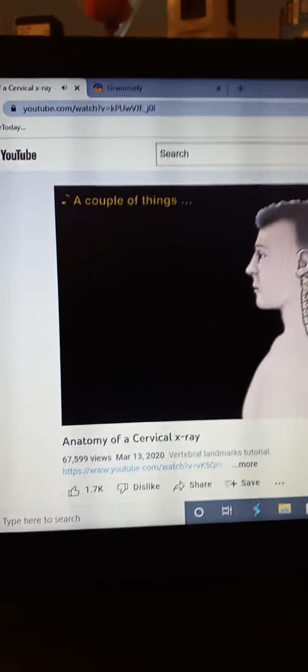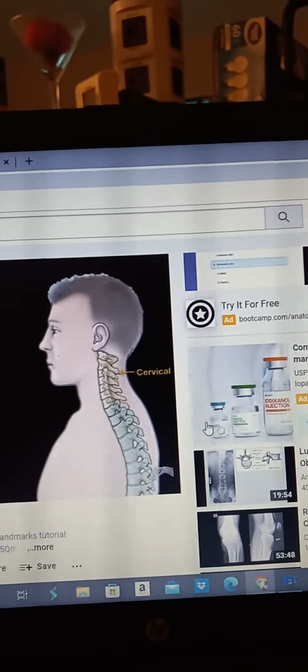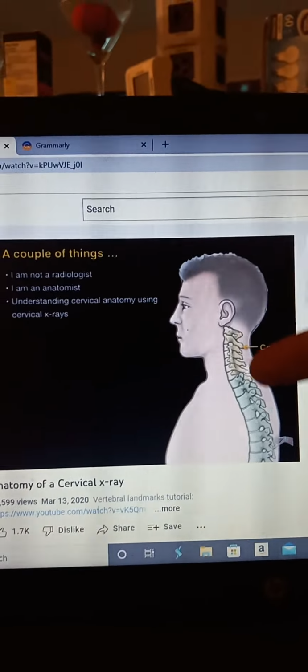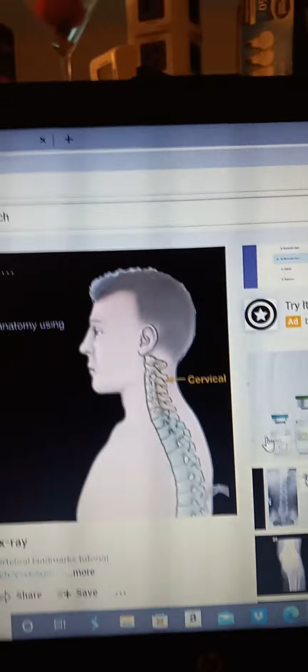So a couple of things to know before we get started on cervical X-rays is that I'm not a radiologist, I'm an anatomist. So the perspective is going to be on understanding cervical anatomy using cervical X-rays. So again, you see how they're all even though. I'm kind of helping to demonstrate how radiologists interpret cervical X-rays when you look at